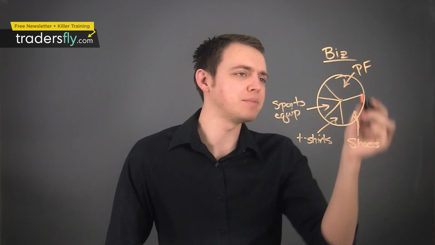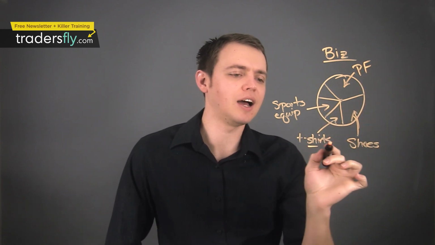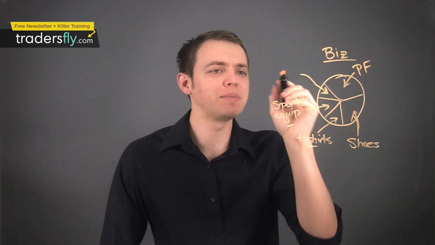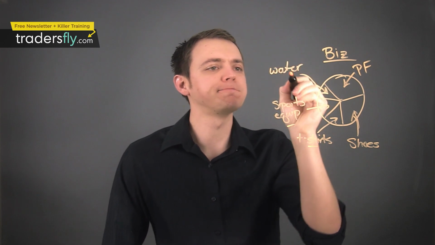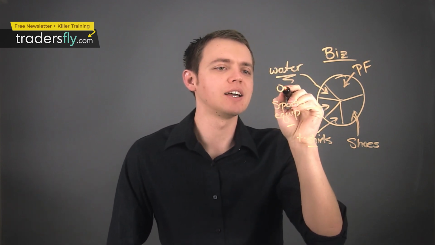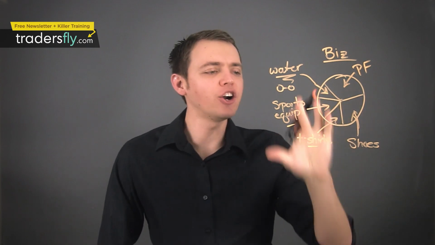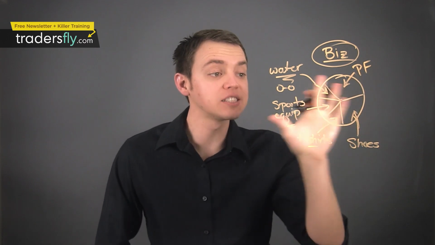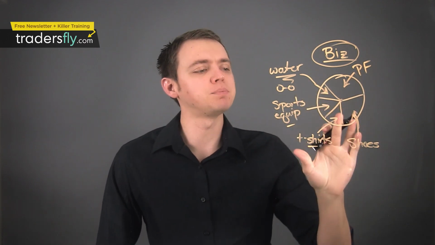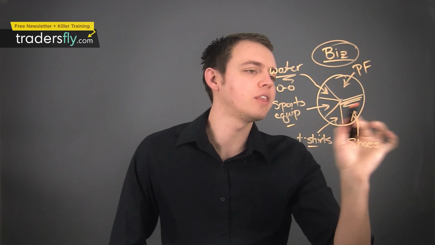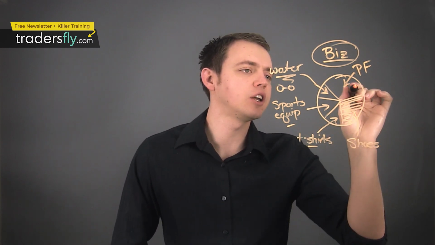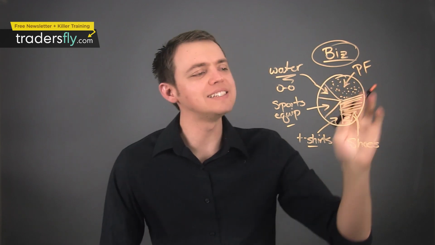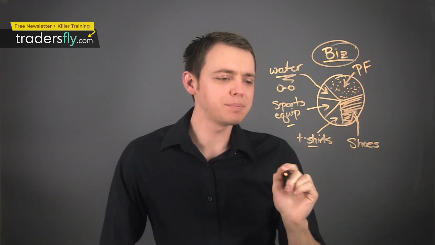So now you have these two main parts: shoes and personal fitness. You have some t-shirts, you have some sporting equipment, and let's just say the last one, they're selling maybe water bottles or just some basic little knickknacks, could be sunglasses. So now you have all these areas that create this business. This inventory that they have, or these services that they provide, create this business. And even though there's a large chunk for shoes and another large chunk for personal fitness, the fact is that if any one of these areas falls or collapses, you have the others